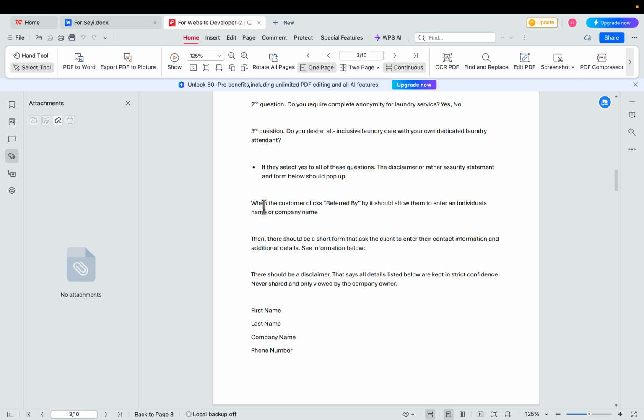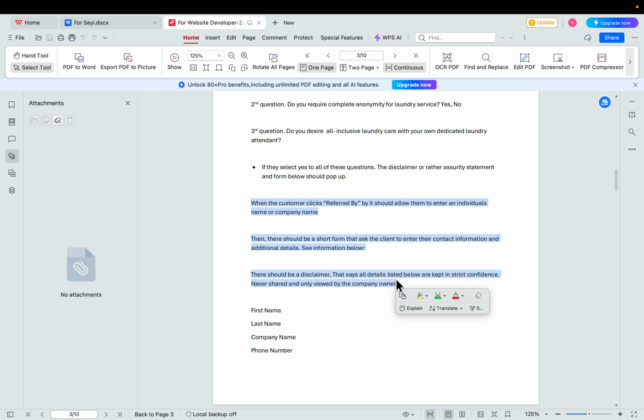So you have another one here that says when the customer clicks referred by, you should allow them to enter an individual name. Where do you want this one to function? If they click on qualify for this service level, there's going to be two options: referred by or invitation code. If they click referred by, I want it to drop down.